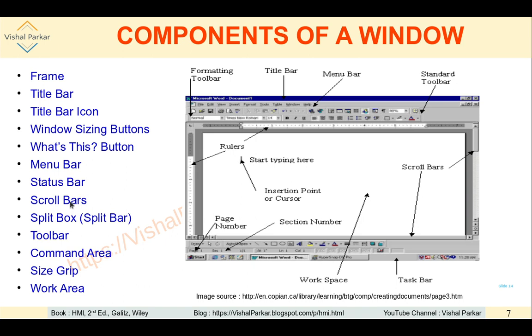So there are scroll bars which are mostly of two types. One is vertical scroll bar, which is there to scroll the page in vertical direction, up or down, obviously.